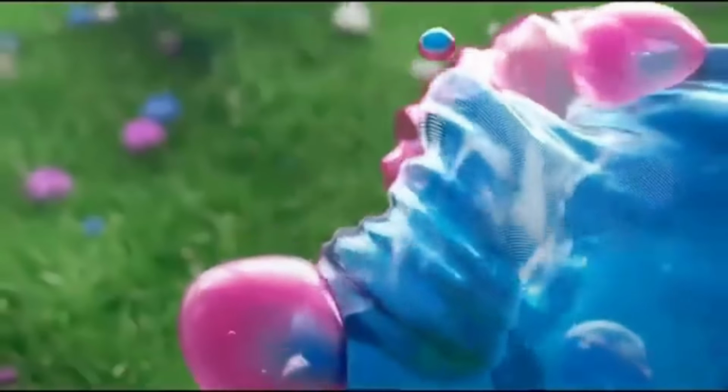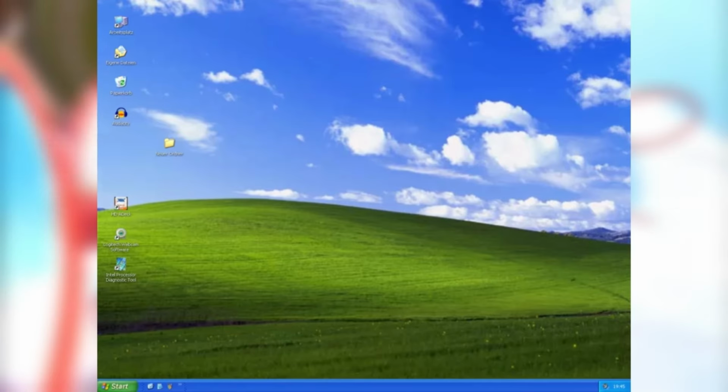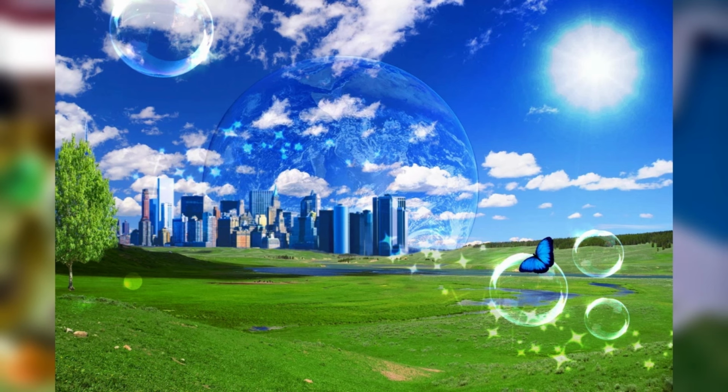Frutiger Aero. The term used to refer to a particular aesthetic that was prevalent in the mid-2000s to early 2010s. You've probably seen something related to it on social media, and chances are that you probably experienced this aesthetic before without even realizing it. What if I show you this picture, the classic Windows XP wallpaper, or these pictures that